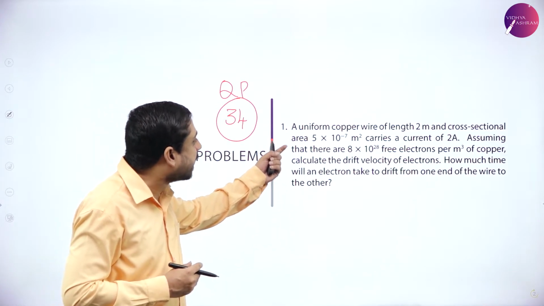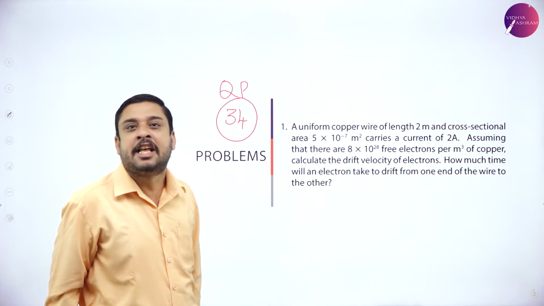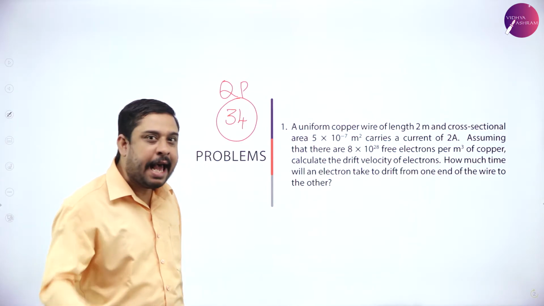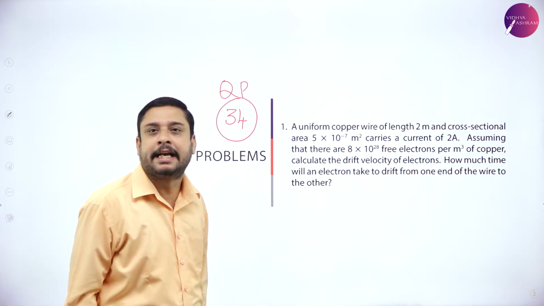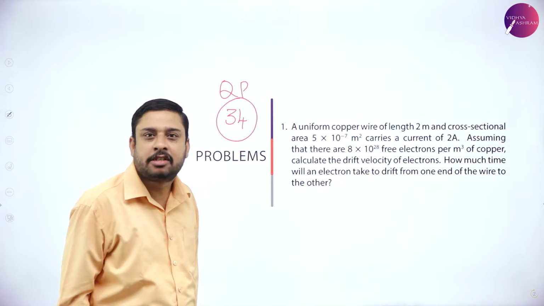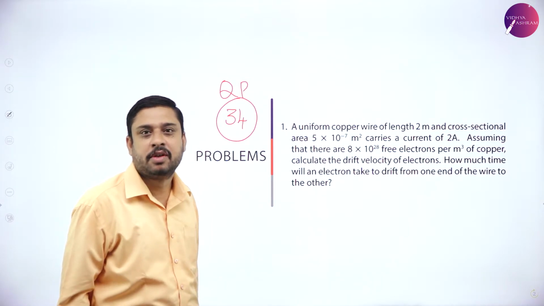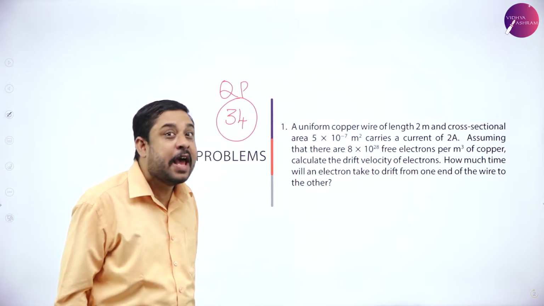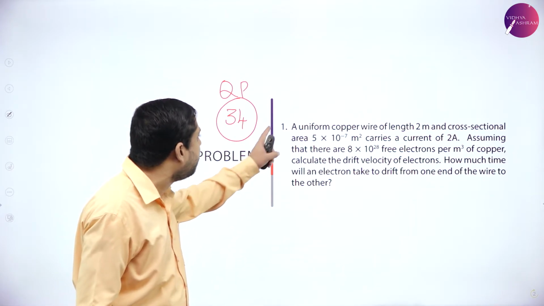We will try to understand the first problem, the first numerical selected from this chapter. And remember, all these numericals are asked from the previous examinations. So from the view of examinations, it is very important that you understand them. First one,